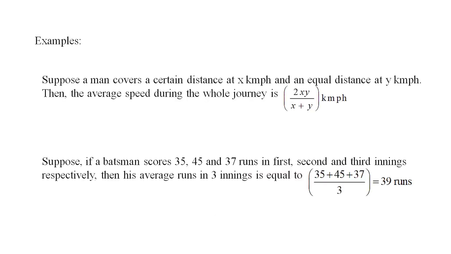Now, in this regard, at first we have to look at some examples. Suppose a man covers a certain distance at x km per hour and an equal distance at y km per hour, then the average speed during the whole journey is. Suppose there is a man, he covers a certain distance at the speed of x km per hour, and he covers the equal distance at y km per hour, then the average speed during the whole journey will be. To solve this kind of questions, we have to use this formula, twice xy by x plus